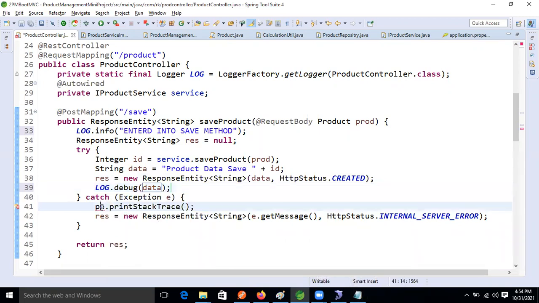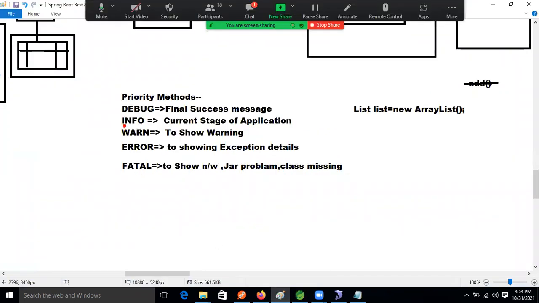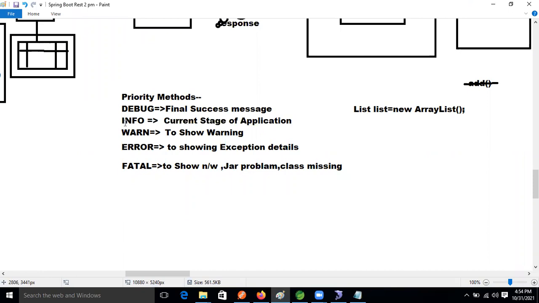Now, guys, next one is another method, the error. Warning I don't want to cover, because I would need to search for deprecated files and all those things. Even in real time, you will not get the chance to implement the warning.